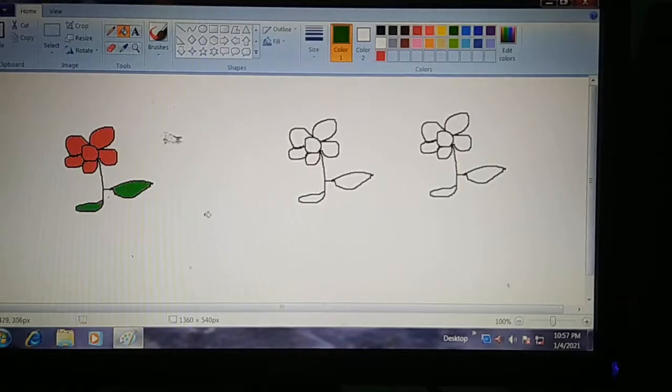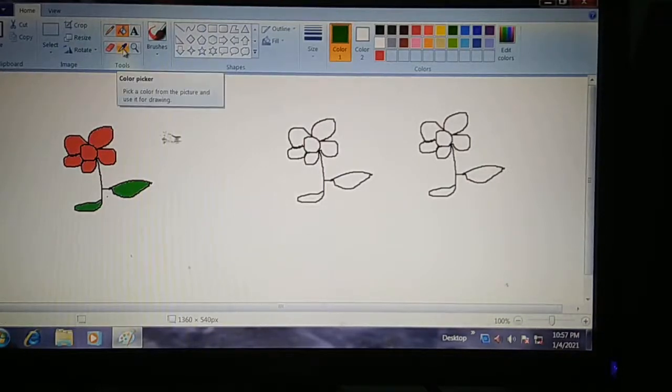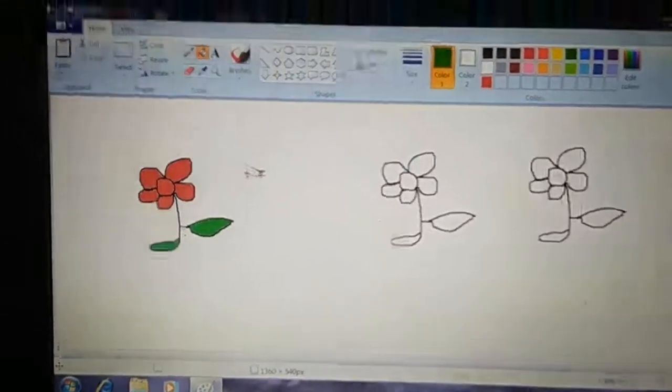Done? Now I'm going to use the color picker from the tools group, this one. This is the color picker. I'm taking the camera closer to the color picker tool here.